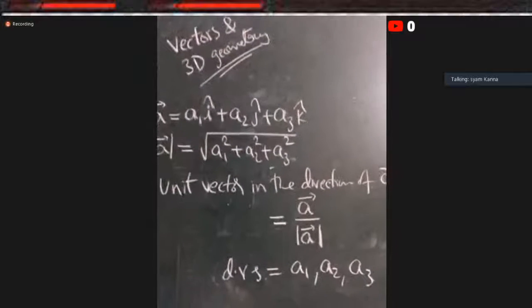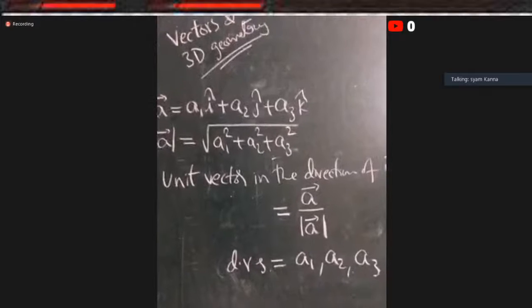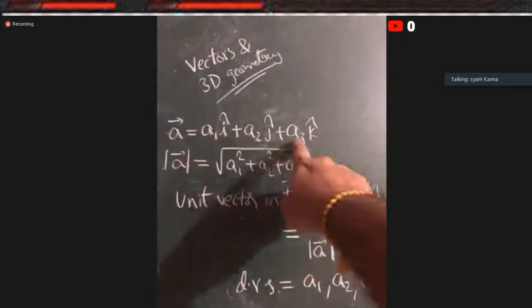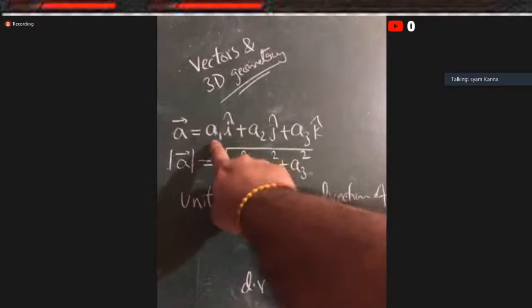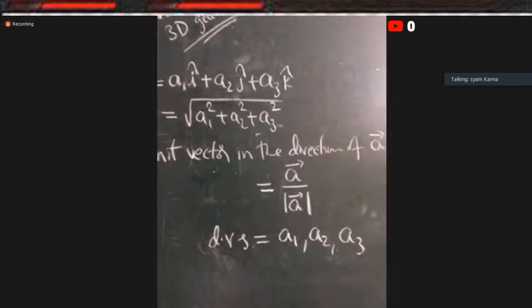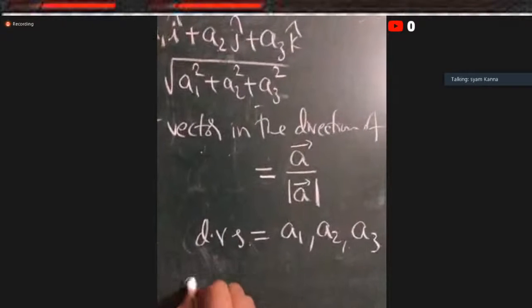Don't write i j case. If you want to write also, that will not be there in the options. Direction ratios means the i cap, j cap, k cap components are there, right? A1, A2, A3. These three will come. They are direction ratios. If you want direction cosines,